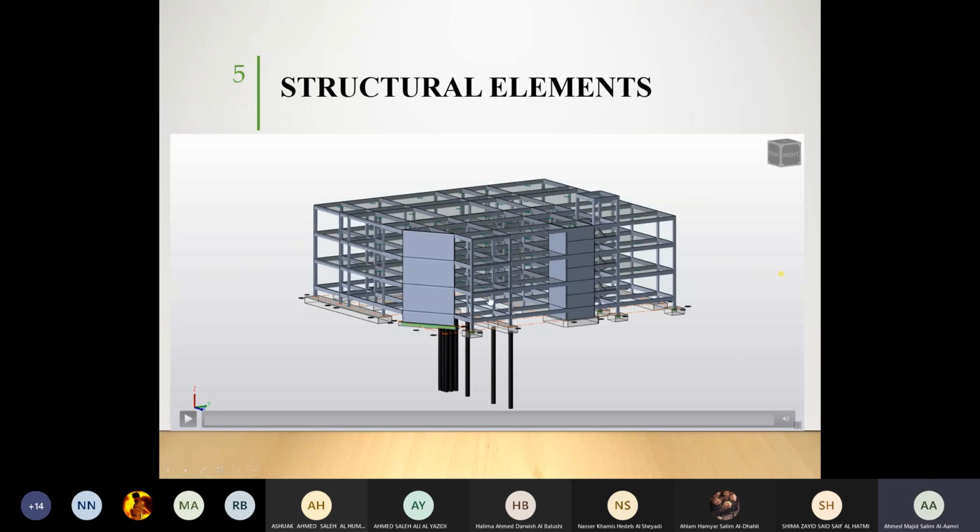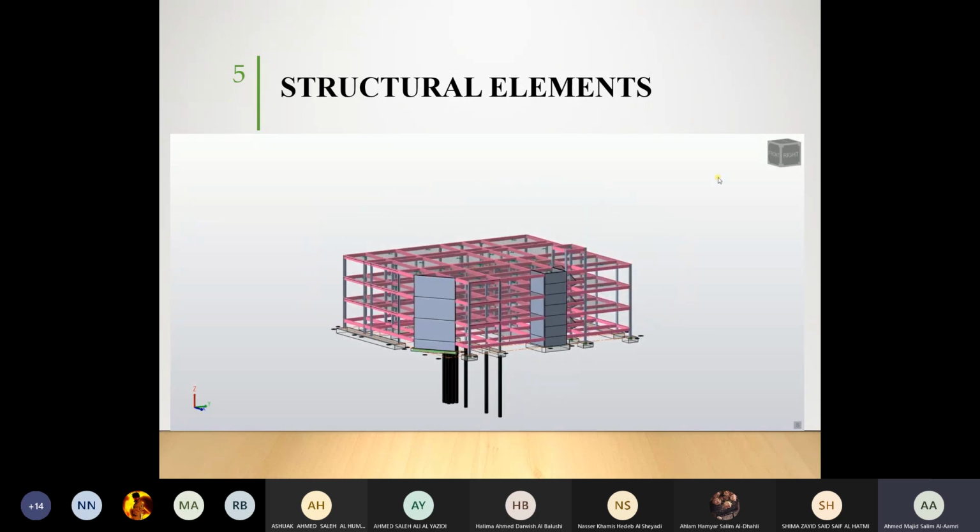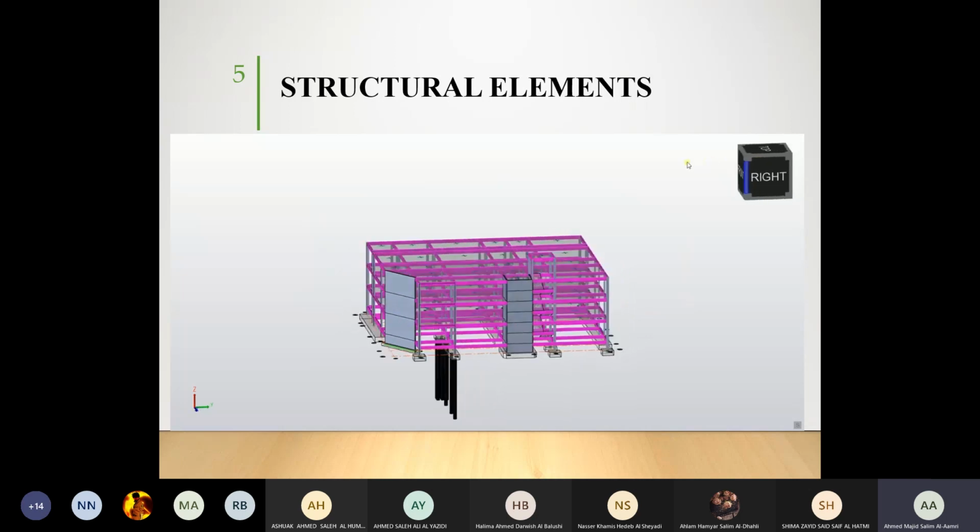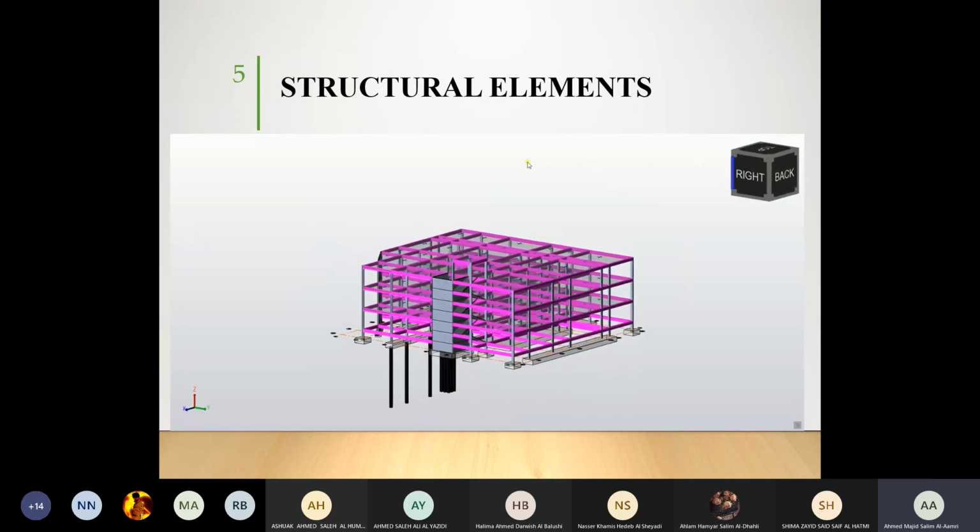And then we have structural elements. Once again, I have modeled for you a building in which I'm explaining the different structural elements. So now if you see here, I have tried to put the maximum number of elements. Rather than putting a picture for you, I have tried to show you in this way. So these are your beams. These are your beams, which are the horizontal elements.